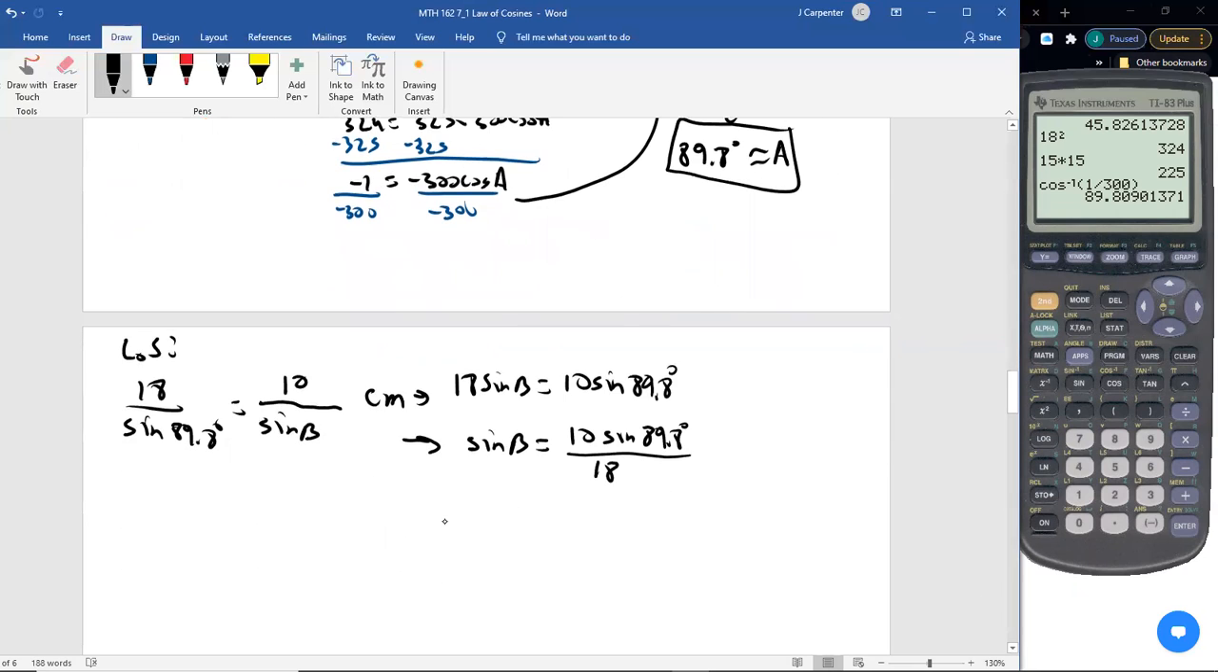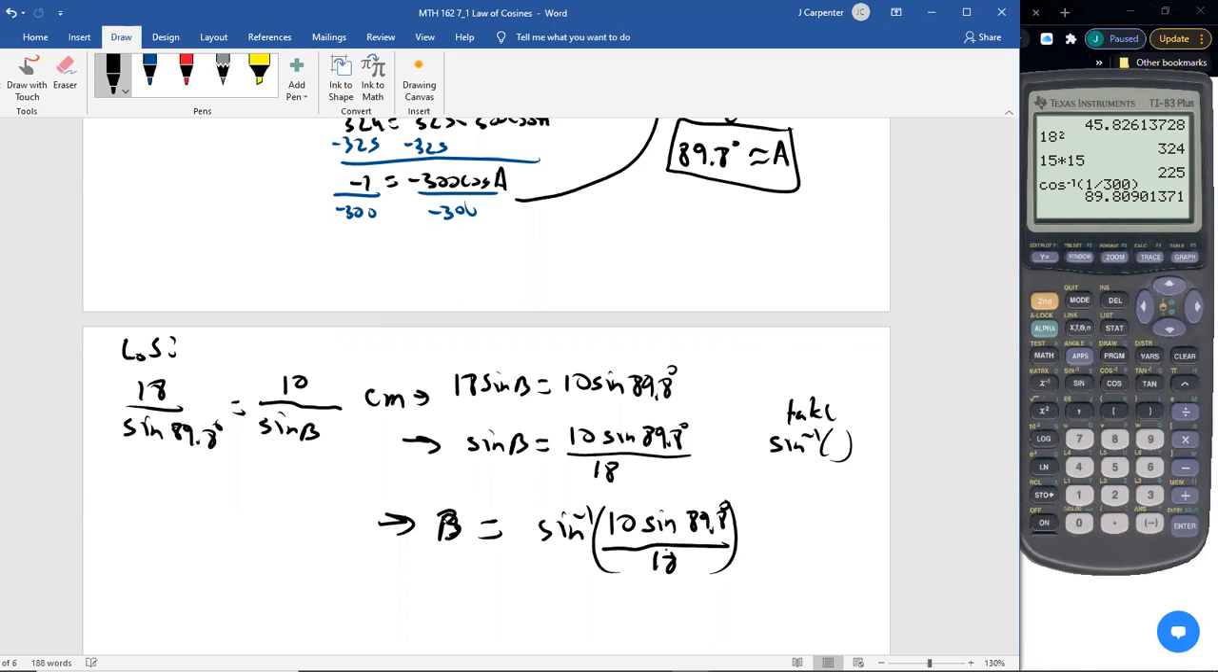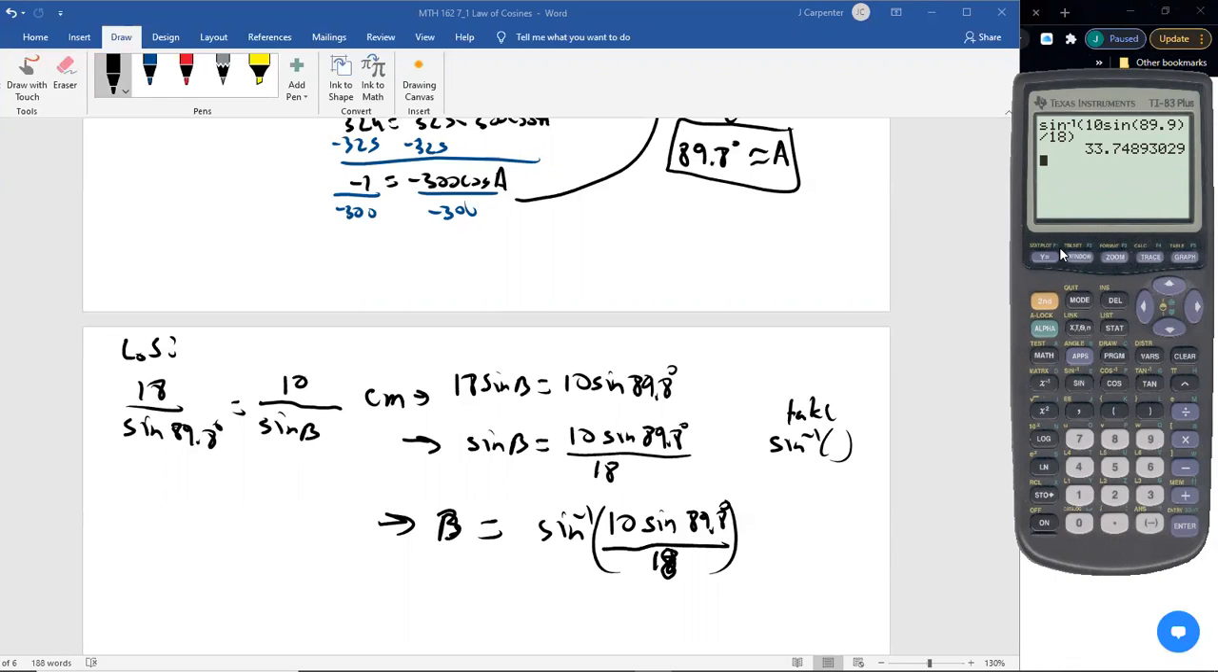Then you take your inverse sine and you get angle B equals inverse sine of 10 times the sine of your 89.8 degrees, all over your 18. That's an ugly 8. Let's try that one more time. There we go. Nobody said my handwriting was pretty. So inverse sine of 10 times the regular sine of 89.8. Just imagine if you get one of those sines or inverse sines backwards. Everything's wrong. Divided by the 18. And we get 33.7 when we round to the nearest tenth